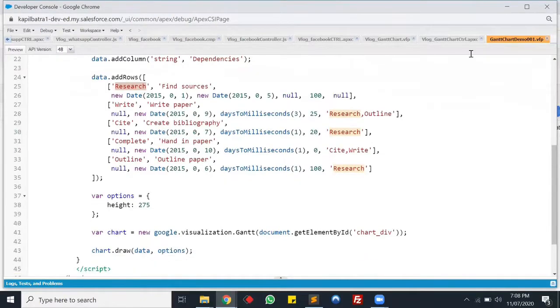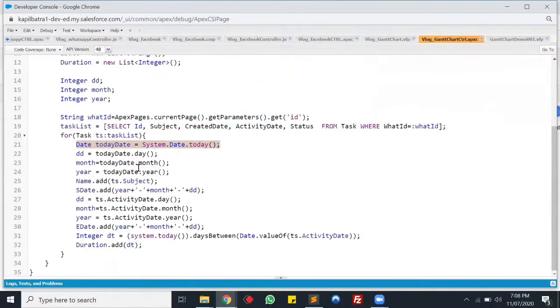Okay, so yeah, so here guys, I'm sending the date parameters. For the start date, I'm getting today's date as a start date. You can have a separate custom field in your object for that. And then I'm getting date, month and year separately, and in name list I'm adding the task subject.